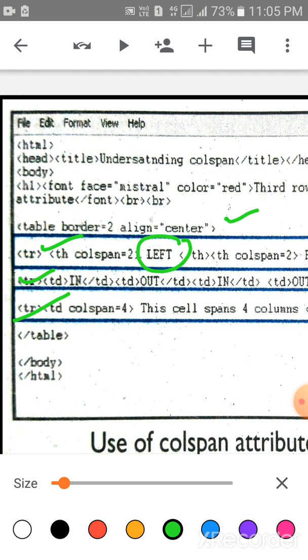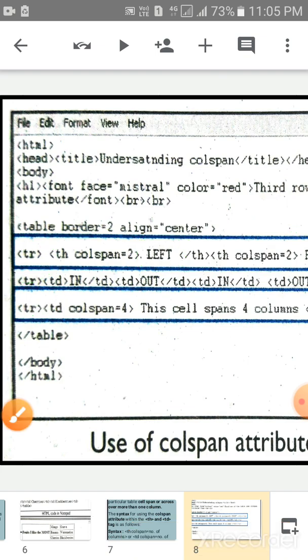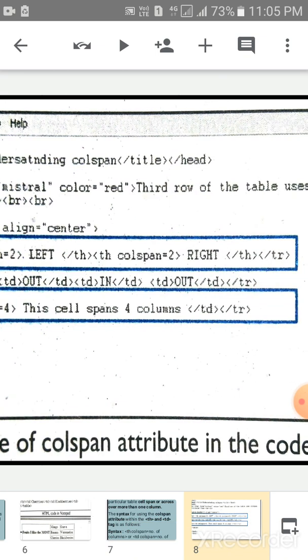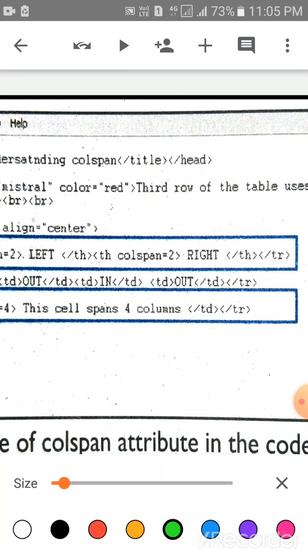Then again th col span is equal to 2, and this is the right. One is left and then next is right, and then closing tag of th.